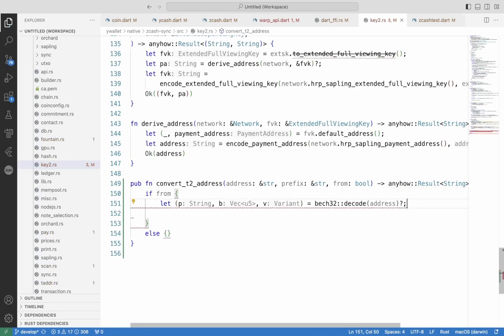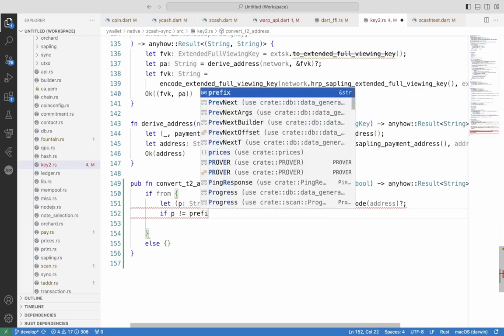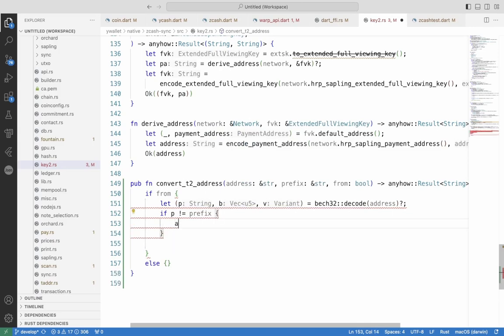And then we have to assert, well, not basically assert, but we have to check that P should be equal to prefix. Otherwise, fail. Because it's an invalid prefix. And then if that's the case, we have